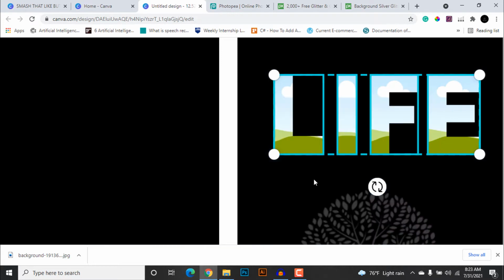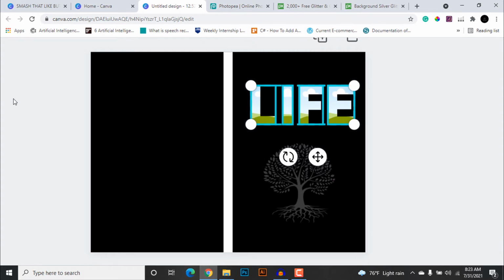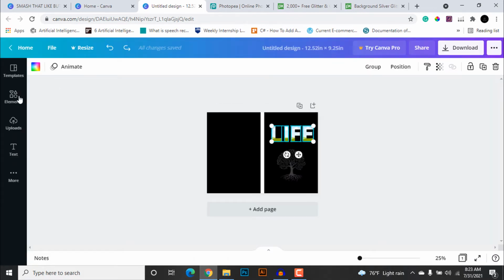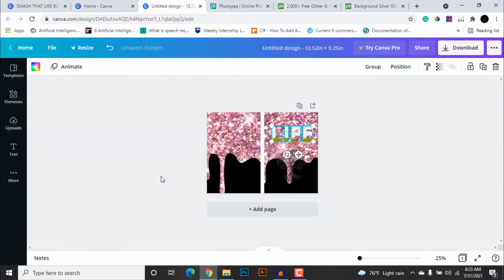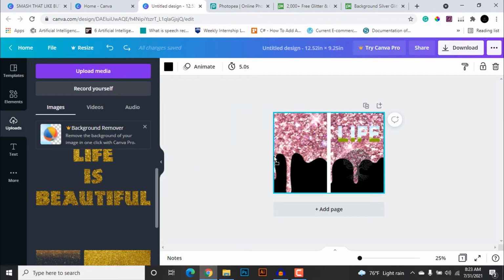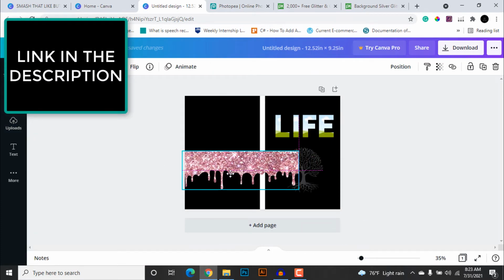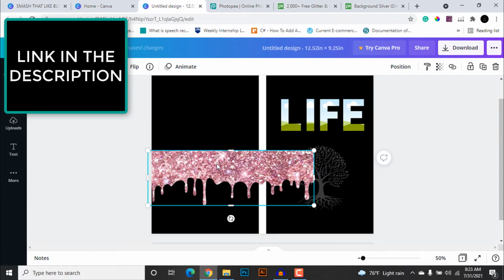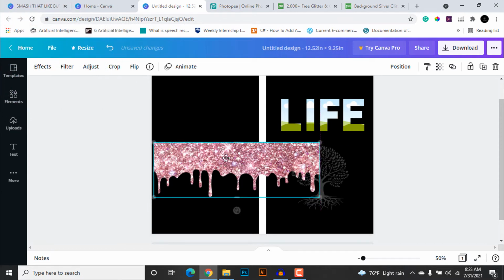So friend, let me show you how I created the notebook cover that I showed you in the beginning of the video. What I did was I used this glitter, pink glitter. This glitter has been downloaded from, sorry for that, let's bring it here. The glitter has been downloaded from Creative Fabrica, and I will provide you the link down below in the description tab for Creative Fabrica, where you can download various different graphics item for your book cover design as well as book interior design. So let's copy this.